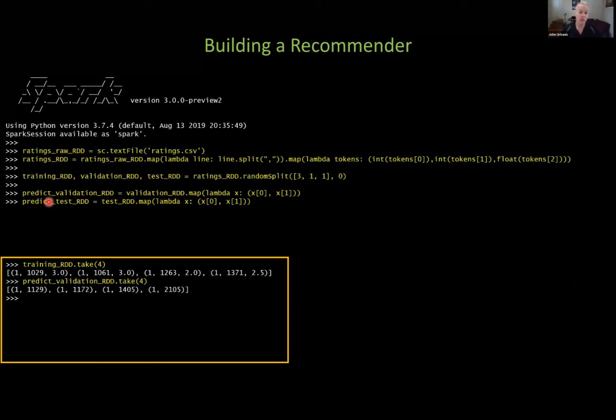We want to make sure it predicts ones that we actually do have data for. It'll predict new movies too. I mean, the whole point of our recommender system is we're going to predict any movie for user 1. But we want to make sure we have some to check on and that we can predict real data for, so we can see how well we're doing. So that's why for our prediction ones we're dropping the floating point number off the end.